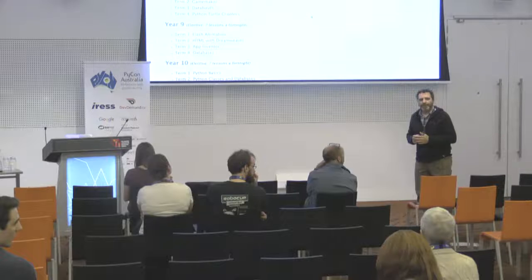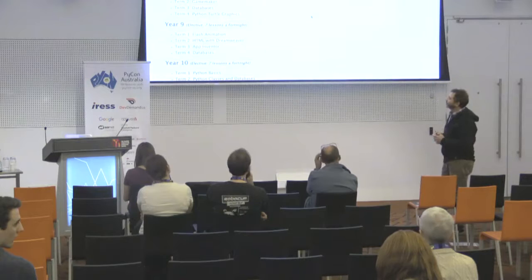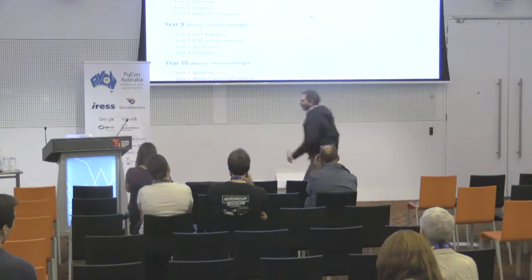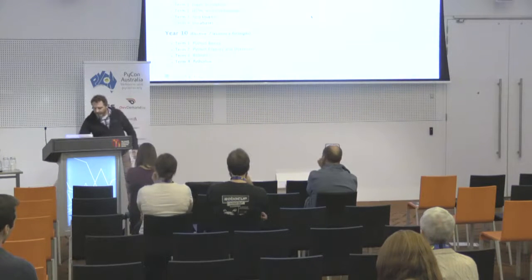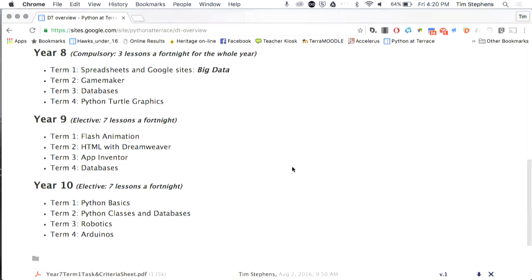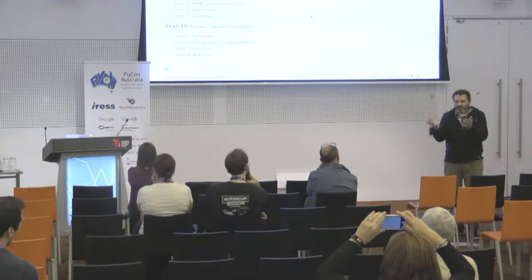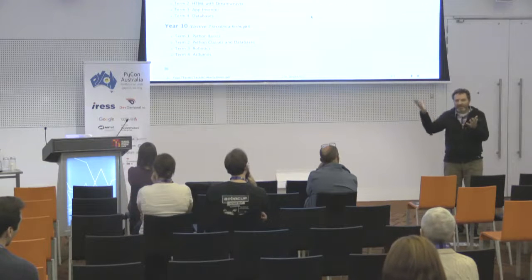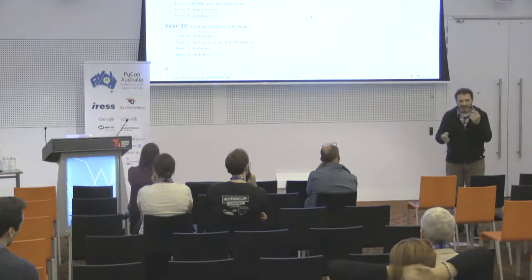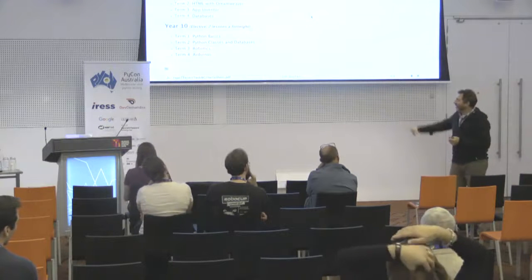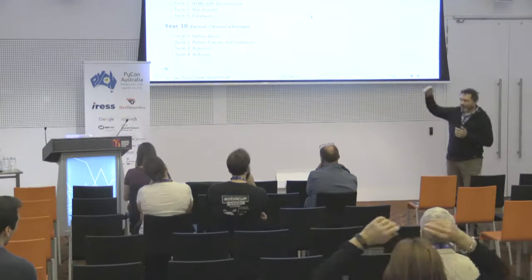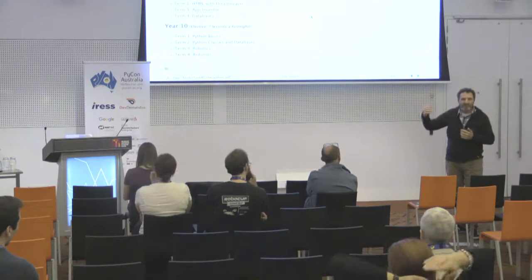So where are you going to put the Arduino, did you say? That's in Year 10. All our NXT robots are falling to bits, and we're not going to buy the EV3 because they're way too expensive, and we don't like the programming language anyway. So we're probably just going to get something for the Arduinos. We've sourced all the bits, and we can buy one for about $80, rather than the $400, $500 for the Lego one. We'll probably switch that around and do Arduinos first, and then do robotics with the Arduinos in the second half.